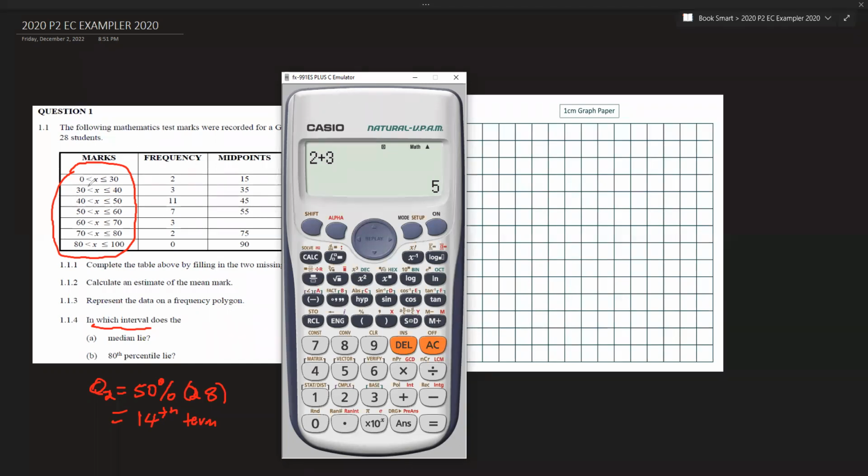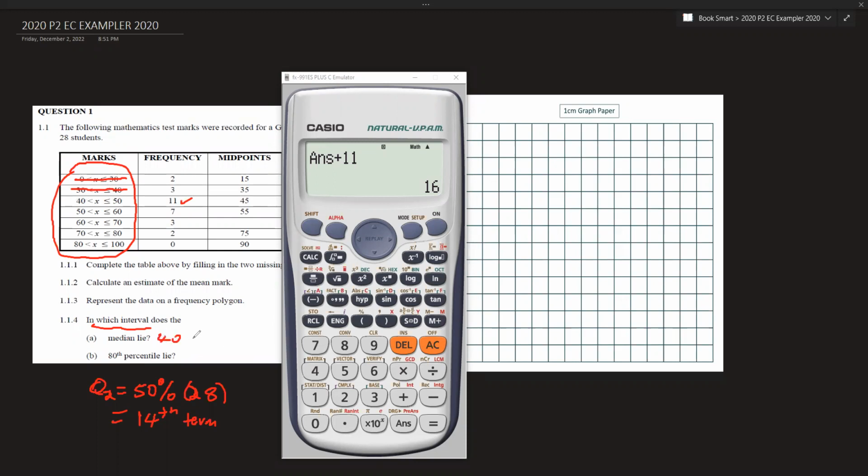This is out, and then that is out. Now we're going to do the third one. You keep on adding until you get a number bigger than 14. So 11, I get 16, which is bigger than 14. Do you see it? So this must be my interval that I'm looking for. So the median must lie in this interval then, which is